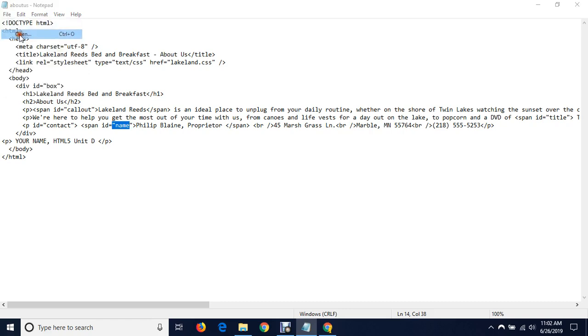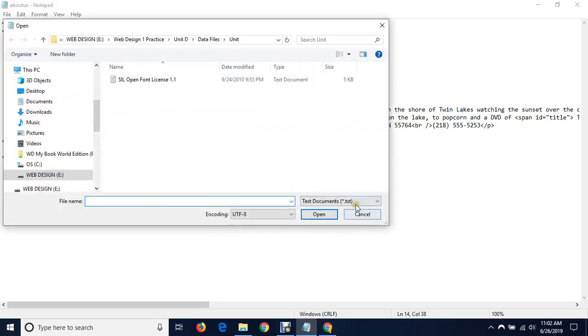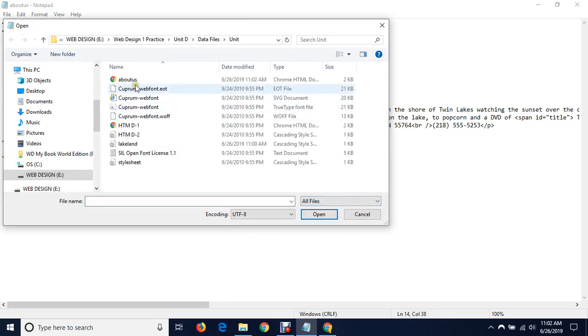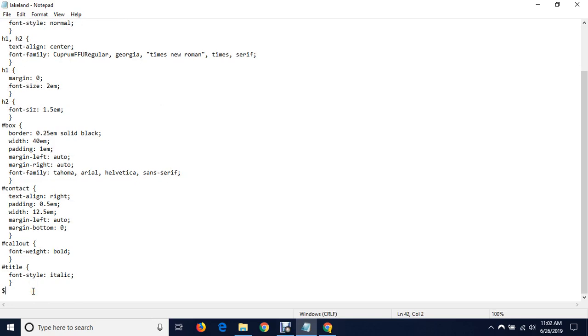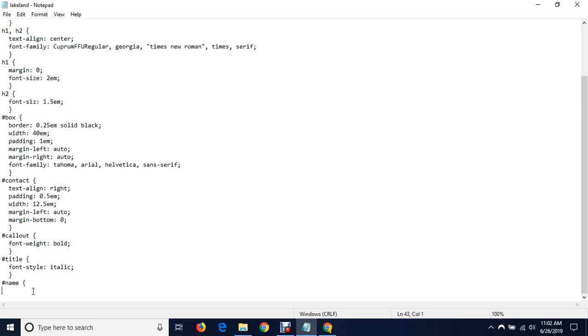Go to File, Open. Let's open up our style sheet. I'm sorry, open up the Lakeland style sheet. After title, hit enter again. I'm at the bottom of the document. You're going to type hashtag name, curly brace, enter, spacebar twice,